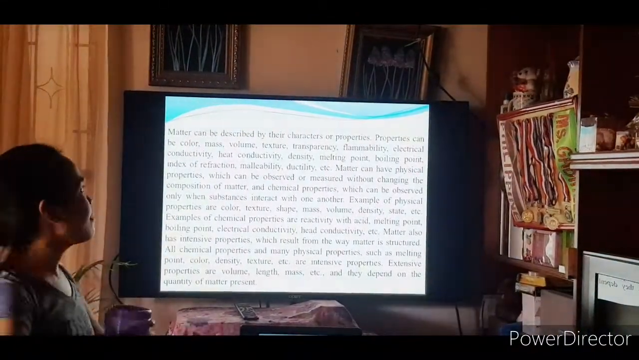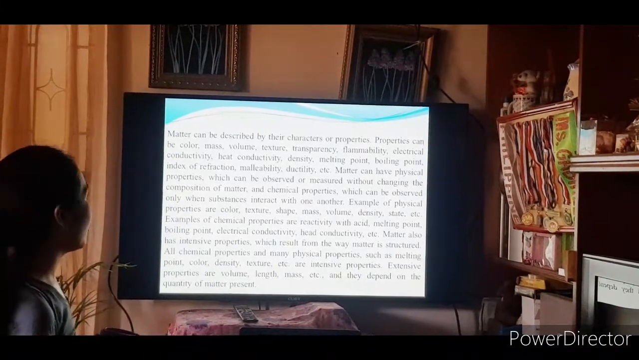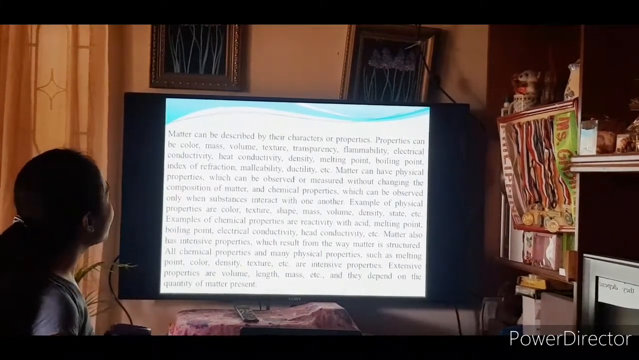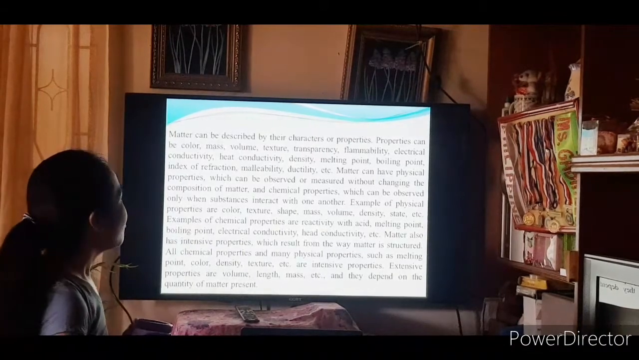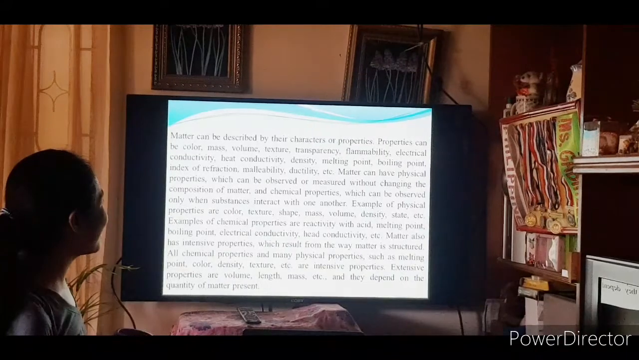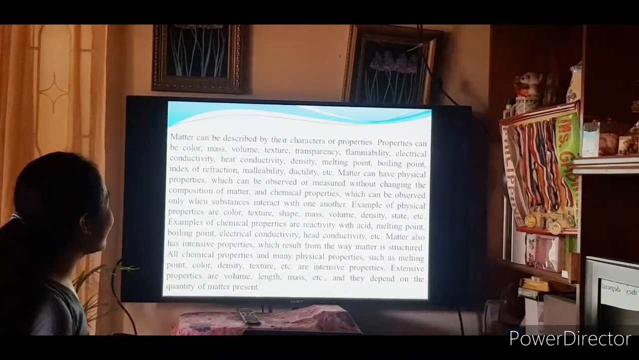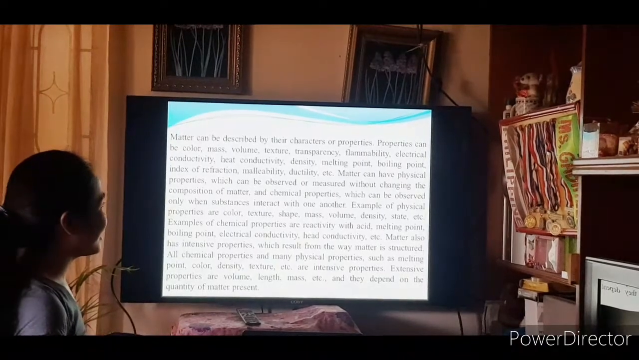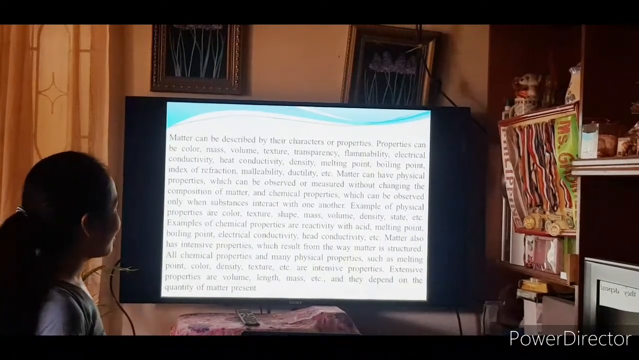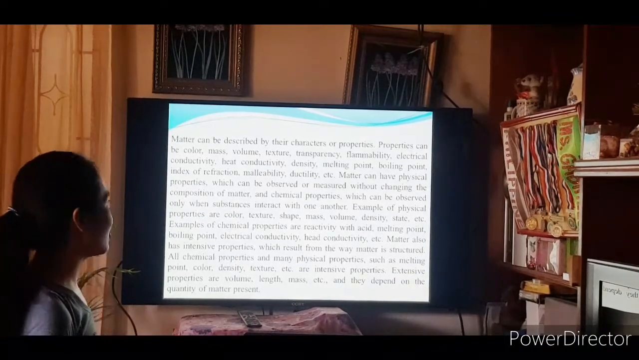Matter can be described by its characteristics or properties. Properties can be color, mass, volume, texture, transparency, flammability, electrical conductivity, heat conductivity, density, melting point, boiling point, index of refraction, malleability, ductility, etc. Matter can also have physical properties, which can be observed or measured without changing the composition